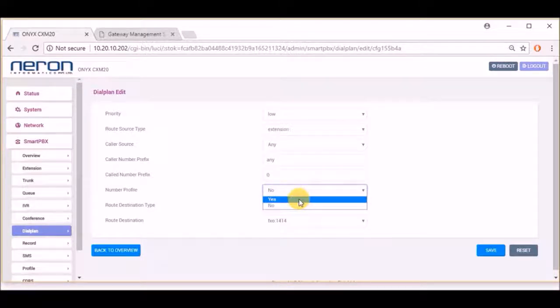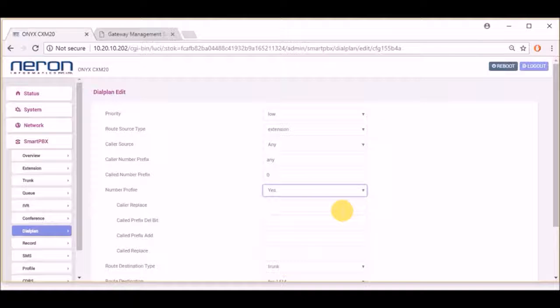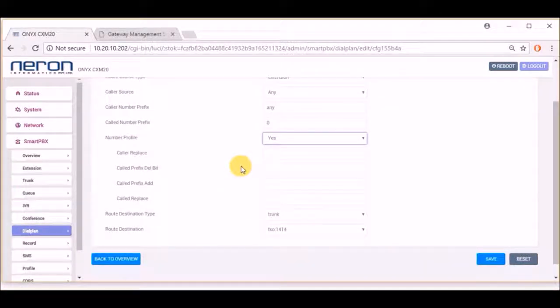I have to click on number profile. So every time I want to use a prefix, this prefix is only for the IPPBX to memorize which trunk to use. So we have to delete it before making any call to the other line.